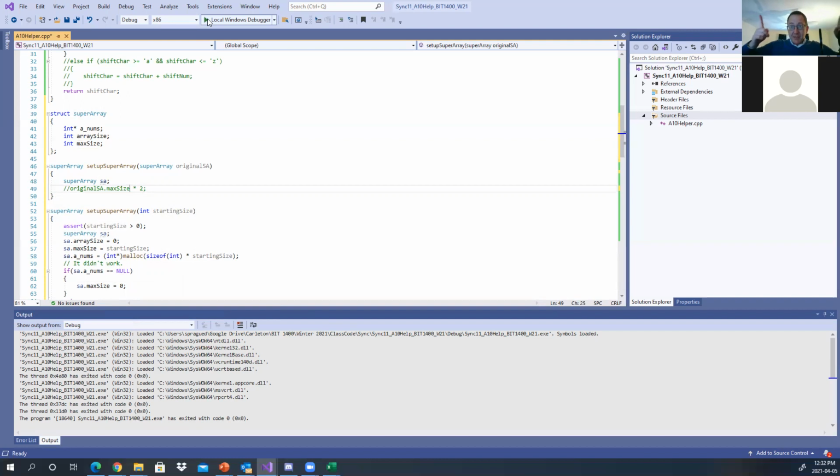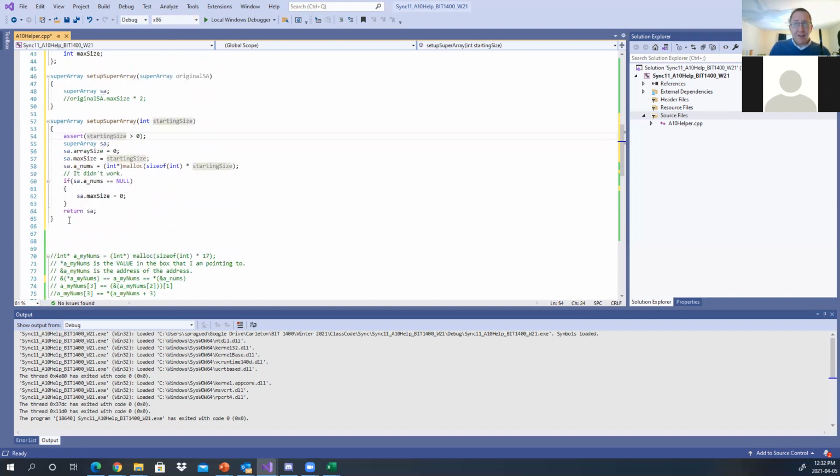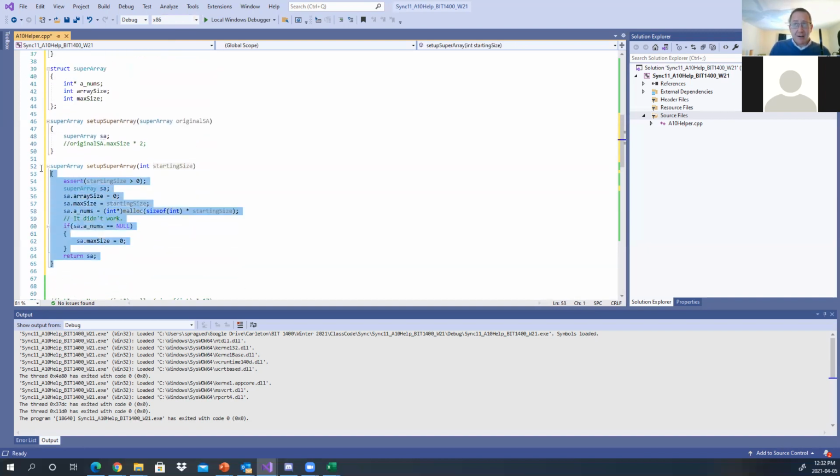The number of elements I'm using, how much I'm using of this. Let's say I ask for an array of size 20. I'm only using 10. So array size is 10, max size is 20. I'm only using 10 out of the 20. I have this array of size 20, but I'm only using the first 10. Does that unpack things? It's going to look very, very similar to this thing here. But the only difference is